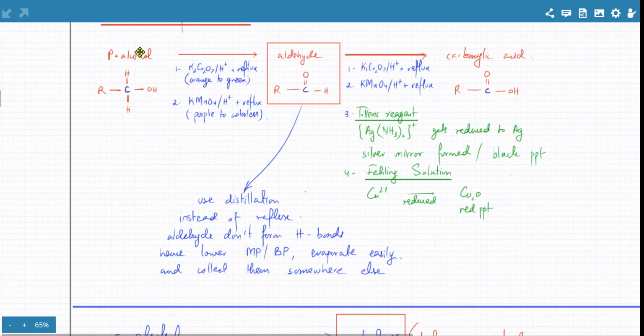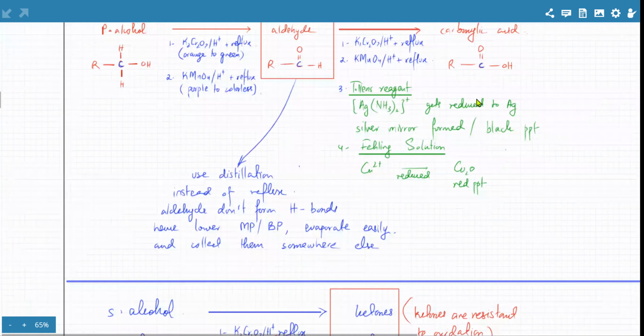Tollens और Fehling's जो है वो प्राइमरी अल्कोहल के साथ रिएक्ट नहीं करते, और Tollens के साथ क्या होगा? It's going to be a silver mirror, और Fehling's के साथ it's going to be a red precipitate that's going to be produced. और चीजें भी हो सकती हैं, एल्डिहाइड्स के और बड़े रिएक्शंस हैं।